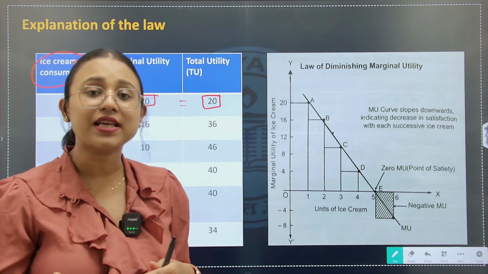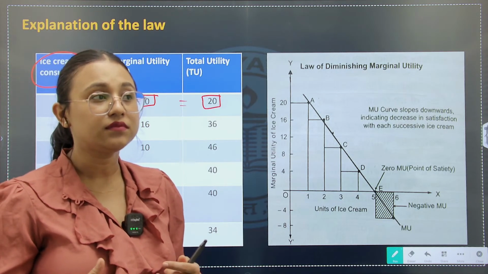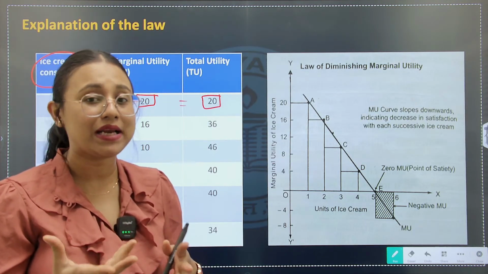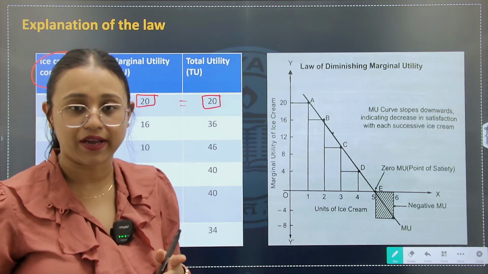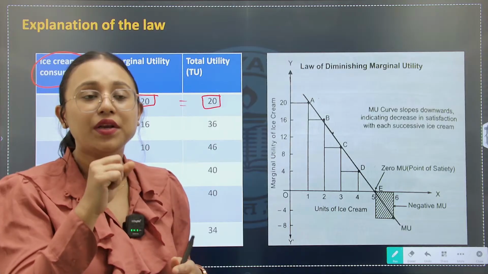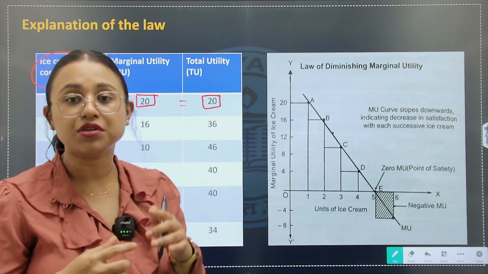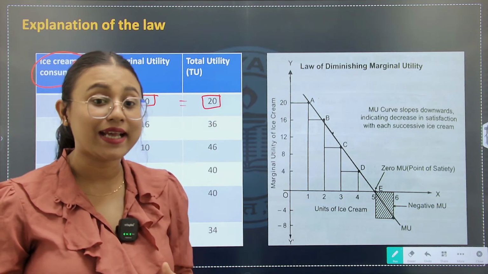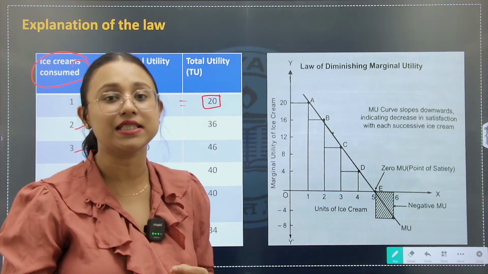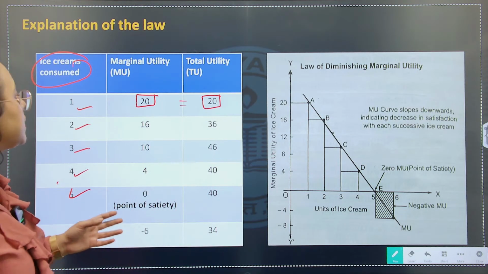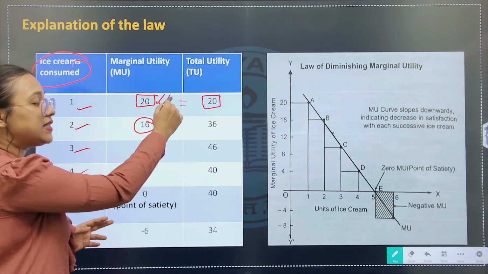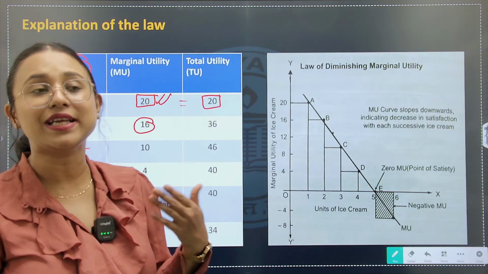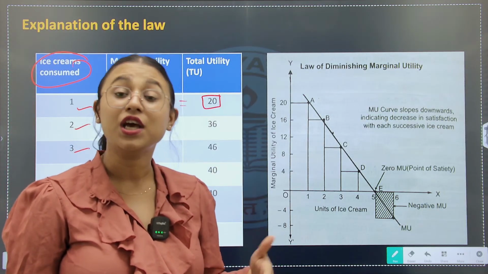The eating of the first ice cream, a part of your... that is, if you were feeling hot or thirsty, it is already satisfied, right? So when you take the next unit of ice cream, you are already satisfied with the first one. So the second one you eat, you get a little less satisfaction, and that little less satisfaction is given by 16. The first one you eat, highest satisfaction. The next one, what will happen? Satisfaction will decrease. So according to the law of DMU, with additional or successive consumption of the commodity units of the commodity,